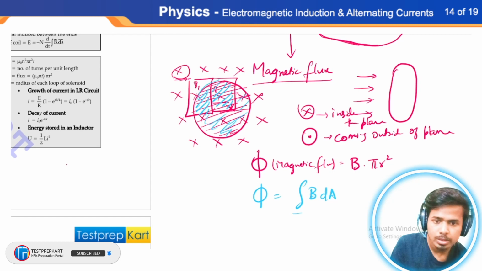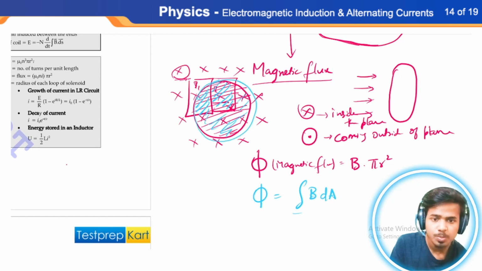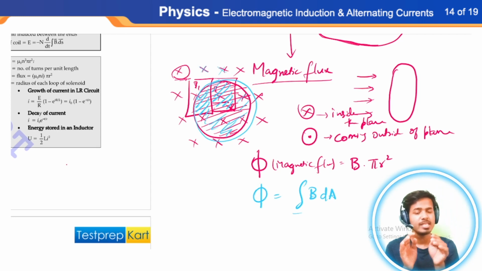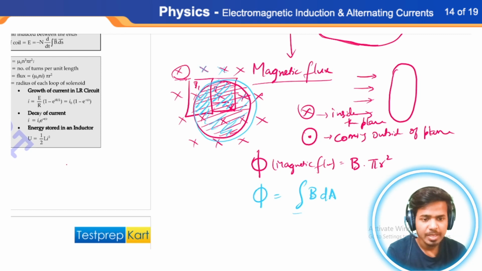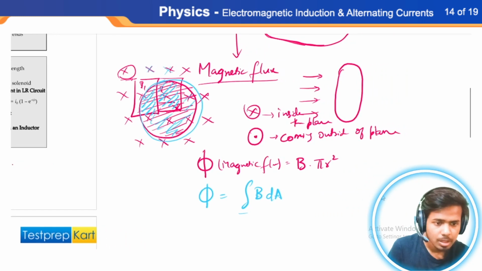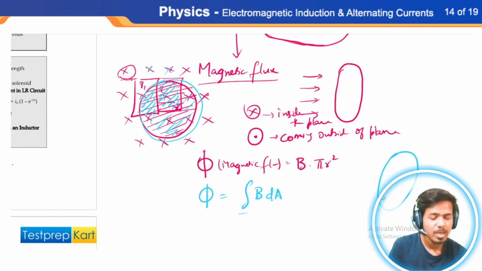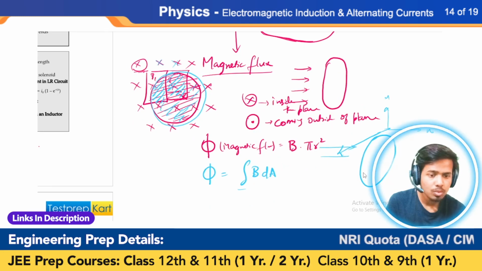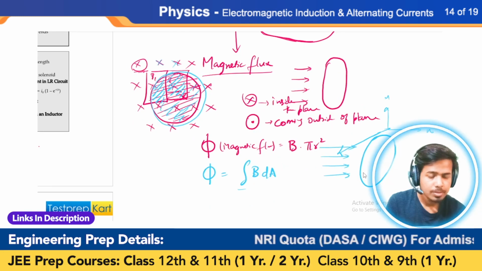Because the area, this plane is perpendicular to the direction of the magnetic field. So all of the magnetic field lines will pass through it. Let's say we have another case in which it looks like this, and the area, it is a circle actually, but it is lying somewhat in the z axis. It means it is lying in this direction, and this is x axis and this is y axis. If the magnetic field is now coming in this direction,